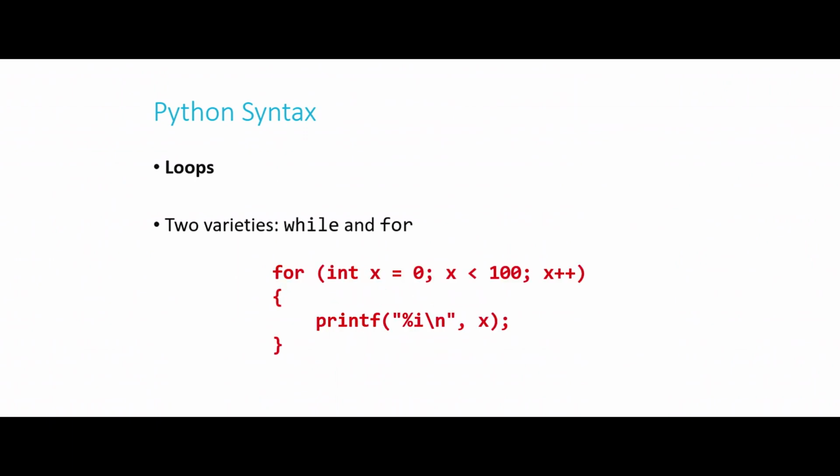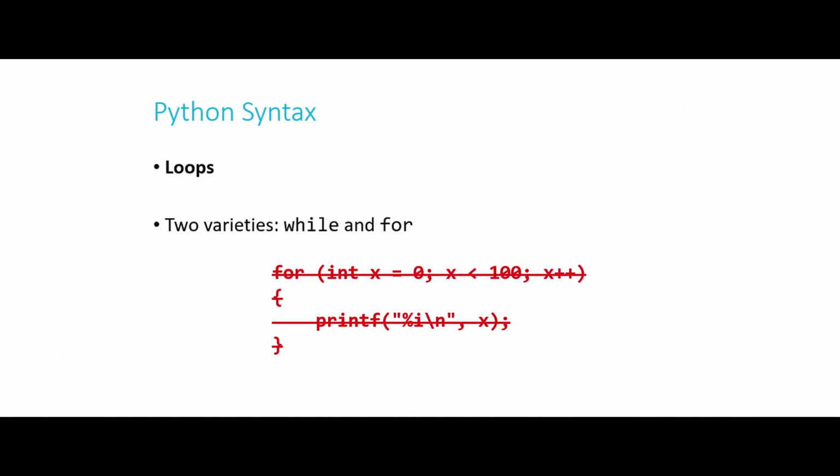Here's a for loop that would do, again, pretty much exactly the same thing that we just saw. It initializes a variable x to 0. And then so long as x is less than 100, it will print out the number. And then at the end of every iteration of the loop, it will execute the line x++. So we'll again have 0, 1, all the way down to 99.